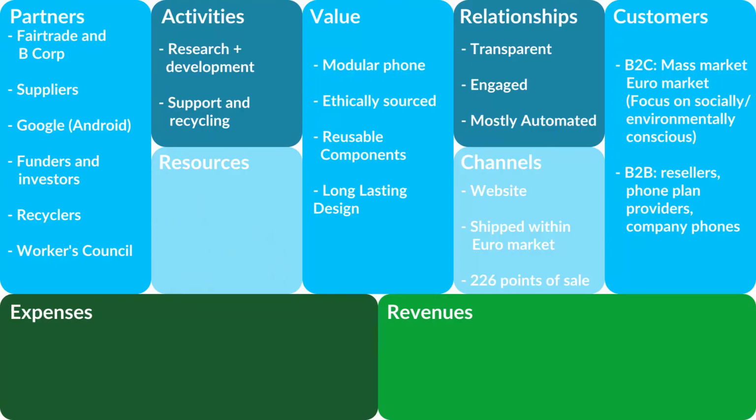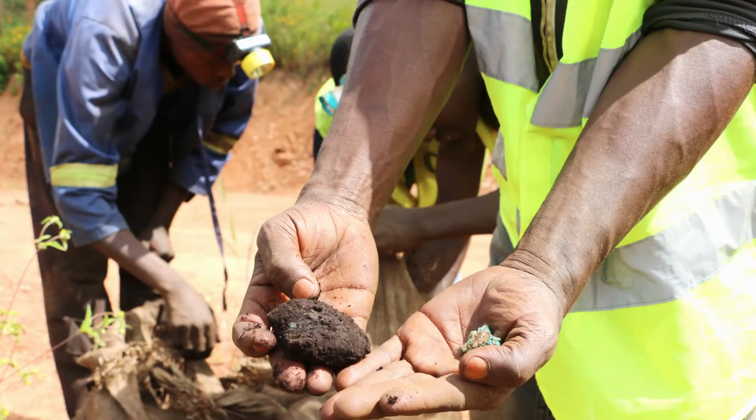They also go and examine the supply chain so that they know that the people they're working with are providing good jobs at fair wages for their employees, and they know that their minerals are coming from conflict-free zones. Fairphone's partners include Fair Trade and B Corp certifications, strong supplier relationships, including a long list that they publicly